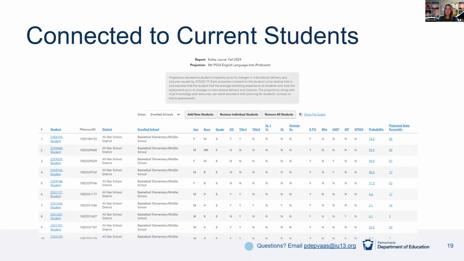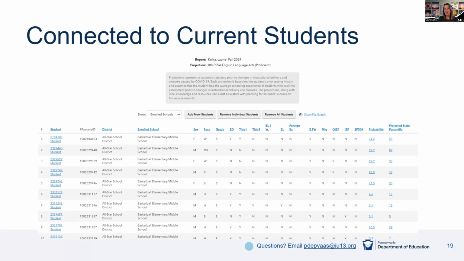So what's new for this year was called the Teacher Student Linkage Collection. Just like local assessments, teacher student linkage was an optional collection. You didn't have to participate, but if you did participate, you gave us your teachers and their current students, the ones they're responsible for. And we took that information and fed it back to the teachers in their PVOS account in a list